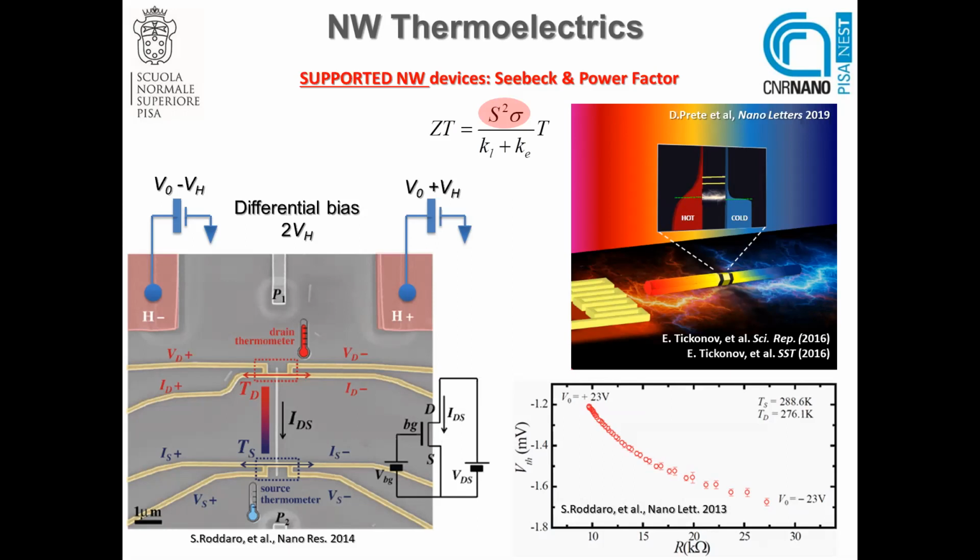So you take your nano object, nanowire, nanotube, whatever, flake of graphene, and you drop cast it onto a substrate, which is typically some kind of silicon oxide over silicon, so you can use this substrate as backgate, and then you can go for a device architecture that allow you to fully characterize and measure the electrical conductivity and the Seebeck coefficient. This means that you need to build up a device like the one you see on the bottom